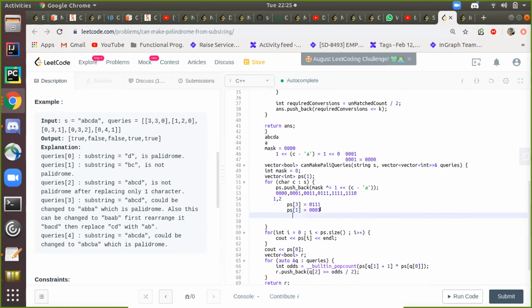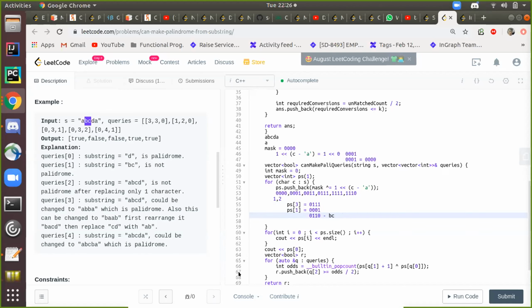So now if you XOR these two, we get 0, 1, 1, 0. So this corresponds to PS 6. He's just counting the set bits. In the case of line 60, odds will be 2. So basically this shows that we have B and C in our substring 1 to 2. So you are chopping that part depending on the index. This operation helps in that.